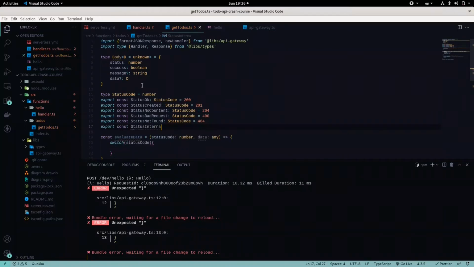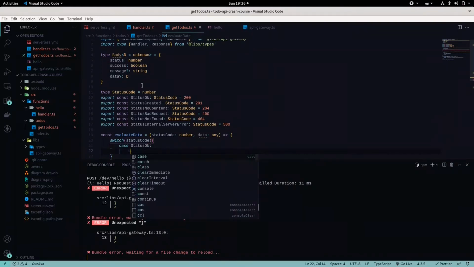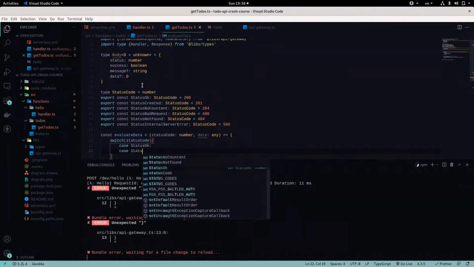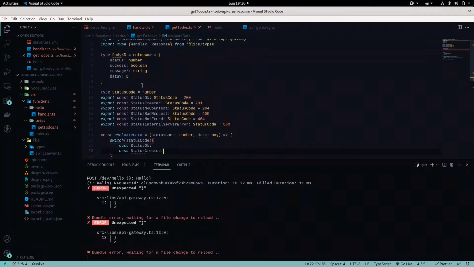And internal server error. I don't think that we will need any other status code, and let's evaluate those status codes. So in the case of status okay, and in the case of status created,